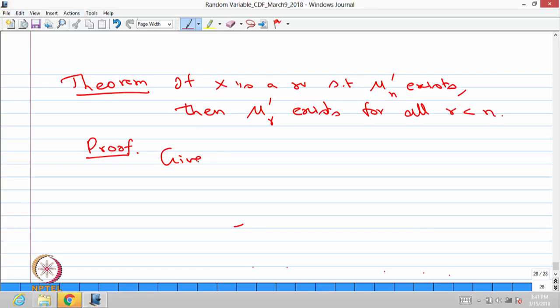Given mod of x power r is lesser than 1 plus mod x power n, this is for all x belonging to real. We can conclude, suppose you consider x as a continuous type random variable, minus infinity to infinity